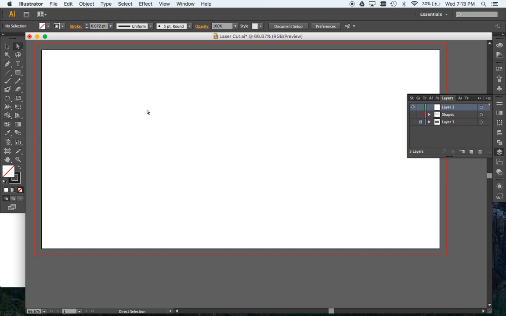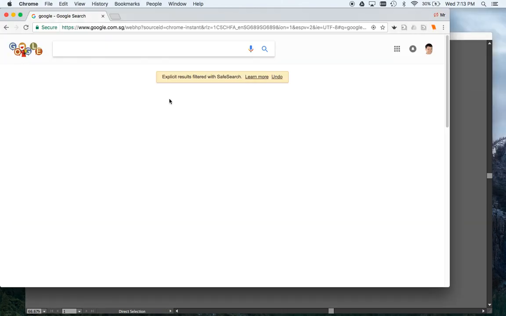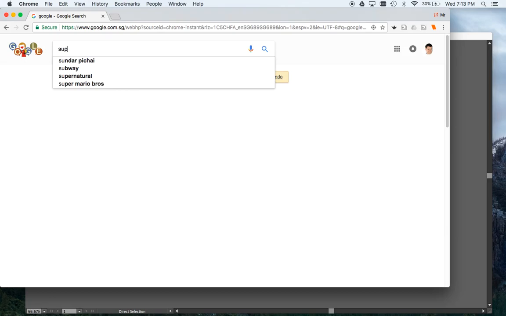All right, in this one, we'll take a look at bringing shapes in from maybe the internet or other sources and converting them into something that could be cut out. So taking shapes, making them something that can be cut out. So if I go to Google and let's say I look for the Superman symbol,